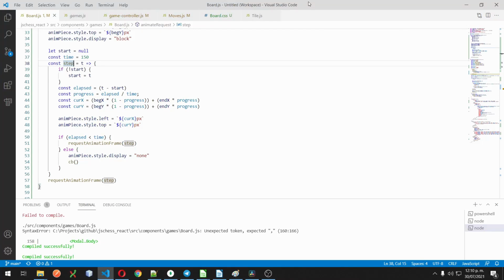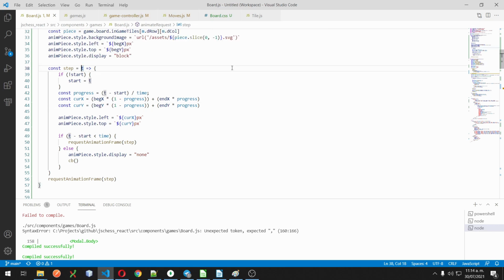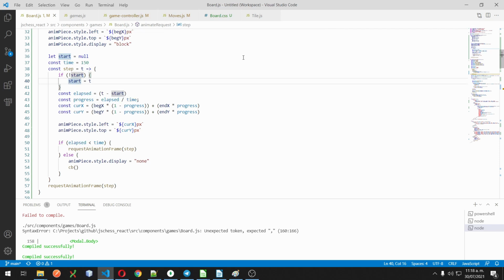Let's talk about requestAnimationFrame. When we call that, we are letting the browser know that we want to change something on the screen, or that we are ready to draw something or to move something, and we are asking the browser when is the proper time to do so. When that time comes, the browser is going to call the callback function that you gave to it, and to that function it is going to pass a single argument, which is the time, the millisecond at which that frame would be executed. And it's very important because with that time we can control the elapsed time that we talked about before. Now let's see it in action.